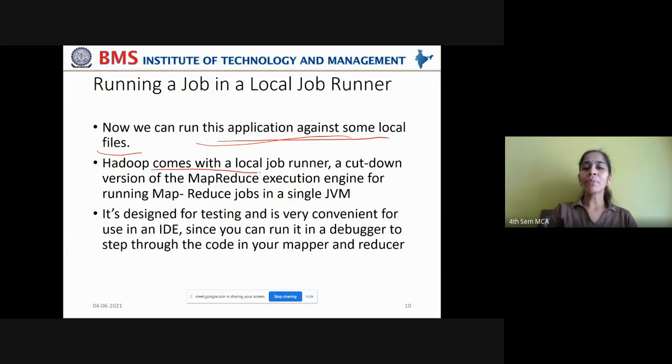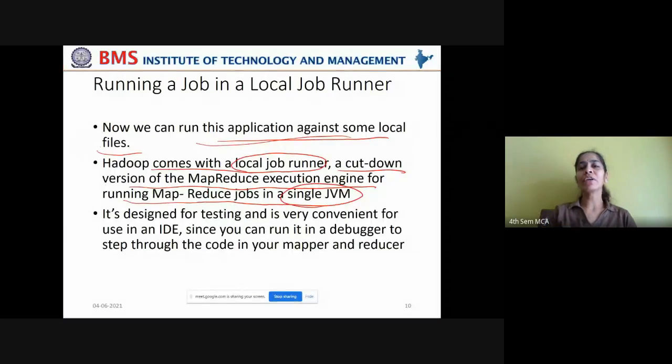So Hadoop comes with a local job runner. Hadoop has a tool called the local job runner, a cut down version of the MapReduce execution engine for running MapReduce jobs when you are working on a single Java virtual machine. When you're running in pseudo distributed mode on a single machine, Hadoop provides you with the local job runner to execute the job and see whether it is raising any errors or not.